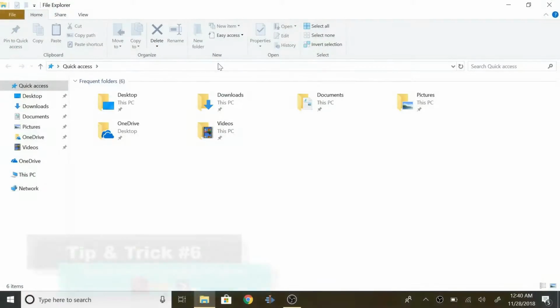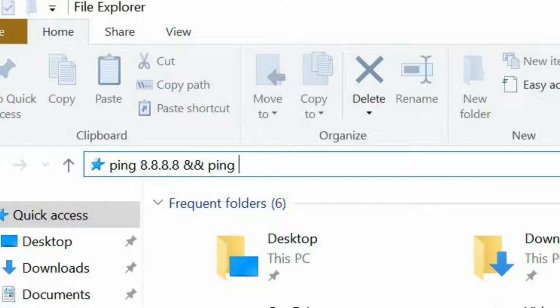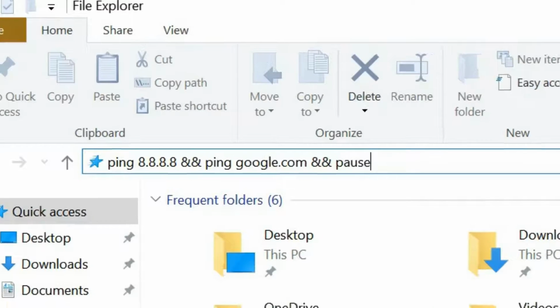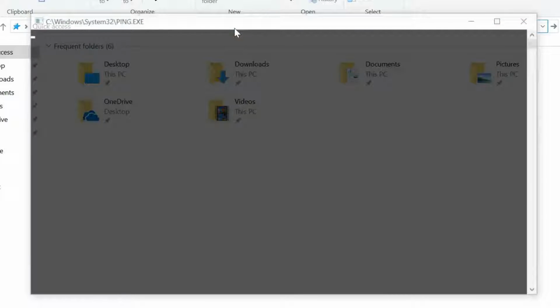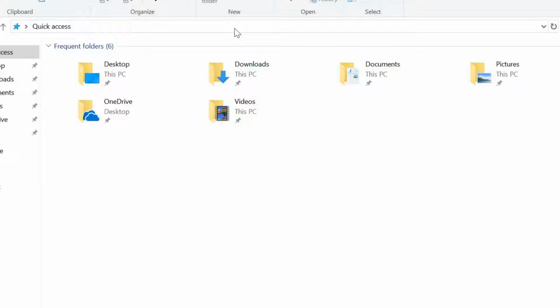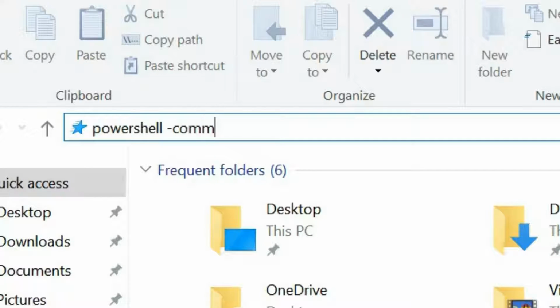Say you're needing to test your internet connectivity and you need to know whether you have an ISP or DNS issue. Well, you can't just type the regular CMD-based command line in the address bar and execute it. Instead, encapsulate your command by typing PowerShell -command open quotations ampersand left squiggly bracket and begin typing your commands inside